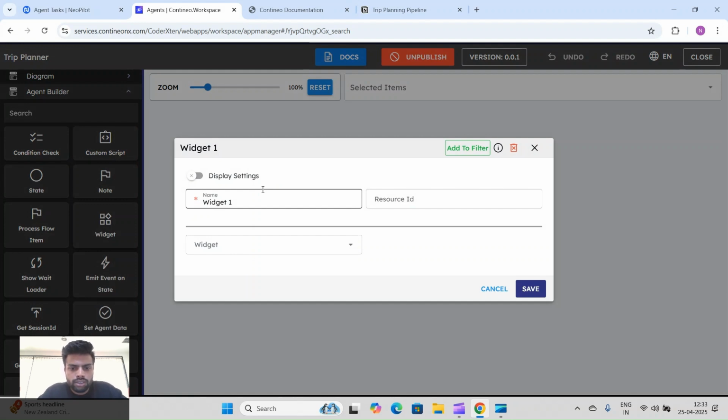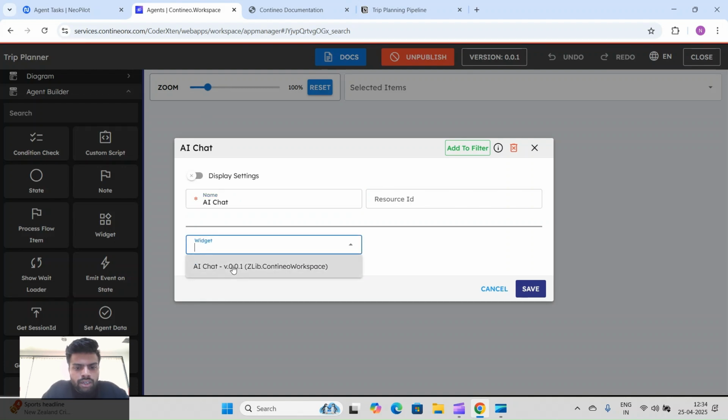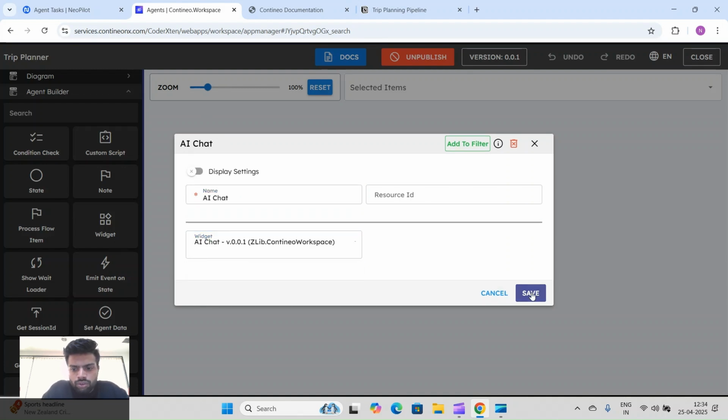The AI chat widget is something the user can interact with, meaning the user can give inputs and see outputs. First, we will name this widget AI chat, and then we will select our AI chat widget. I will also show you how it looks.